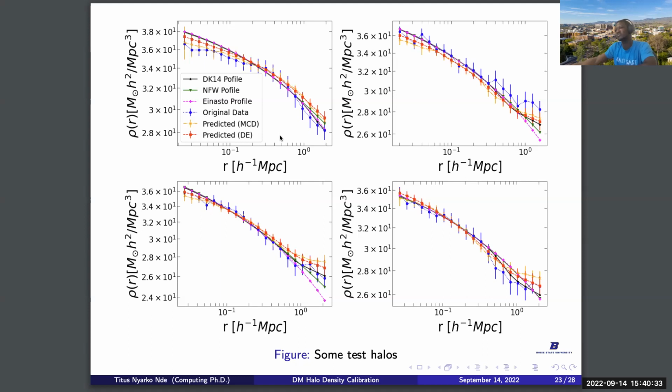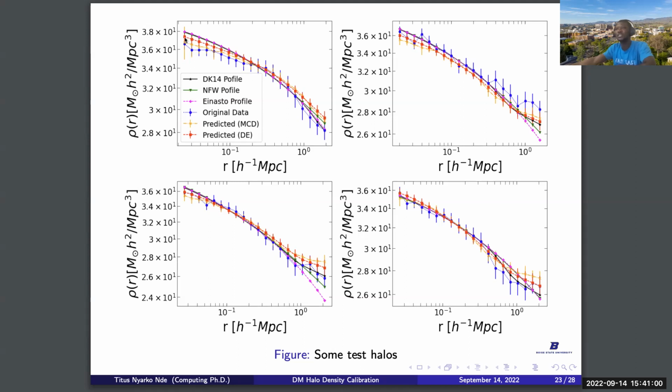I think it's sometimes difficult to identify which is doing better, because we have several plots. But at least from here, we realize that the prediction from the Monte Carlo dropout looks closer to the actual data in the inner region of the halo, but in the outer region, not so great.